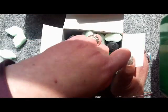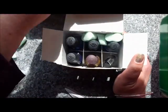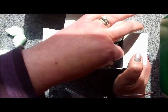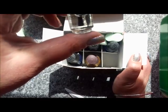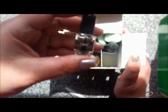Oh, what is it? What is it? Oh. Wow, that is the tiniest bottle of Seche Vite. I wanted to replace